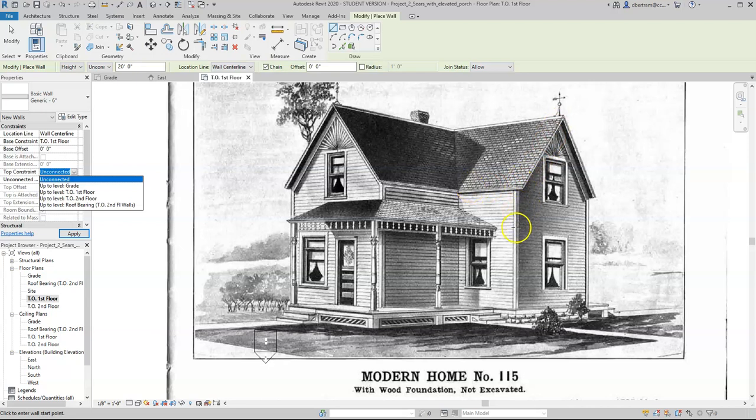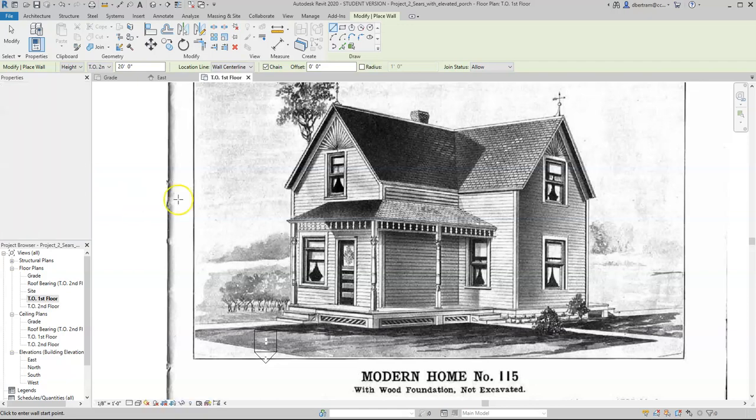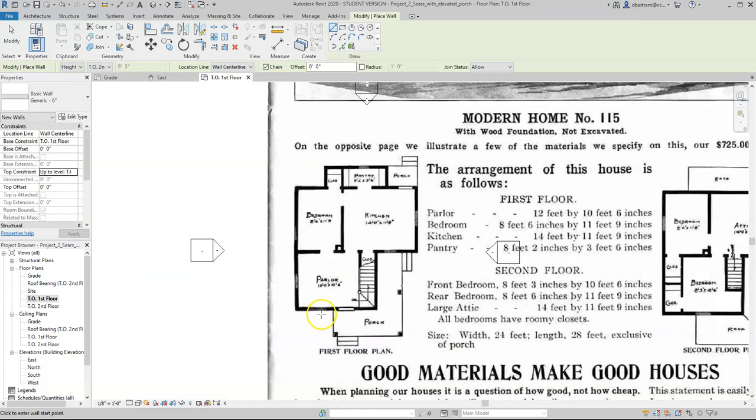Otherwise, if I sent these walls up to the second floor bearing right now, they'd be up here somewhere, and the roof would be penetrating through them when I built it. So just to keep things simple, I'm just going to go from first floor to second floor. Okay, so let's jump back down here,